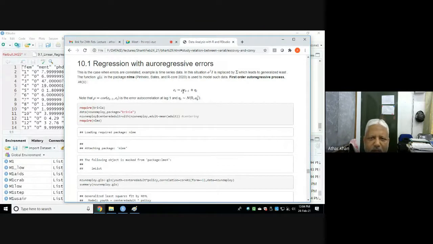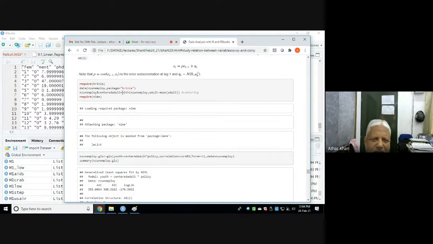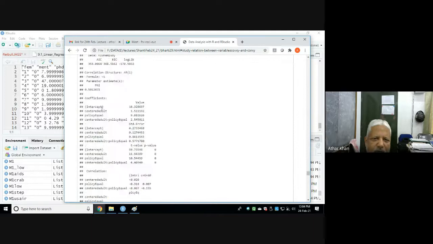So this one is related with this t-1, and this is the concept of the first order autoregressive process, the AR1 model. This has been implemented in the nlme package of R, and we can analyze this data by using the package nlme, and we are getting the results.